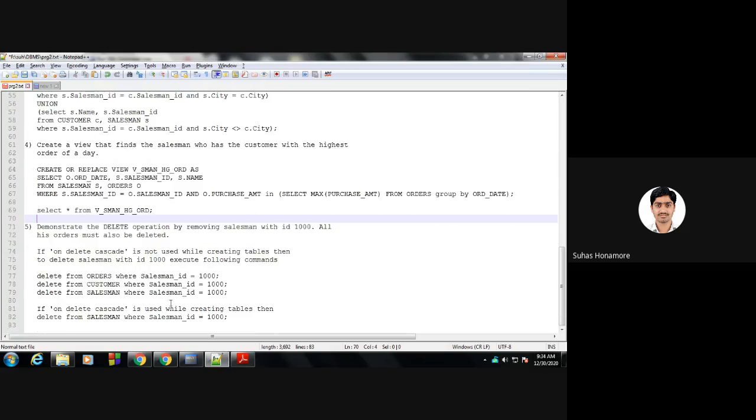Then the last one: demonstrate the delete operation by removing salesman ID 1000. All his orders must also be deleted. So this is the query. He is saying you have to remove the salesman ID, and whatever orders he has given, those also have to be removed. Whenever you are creating the table, if you give ON DELETE CASCADE, then while creating the table and whichever attributes are referring to it,